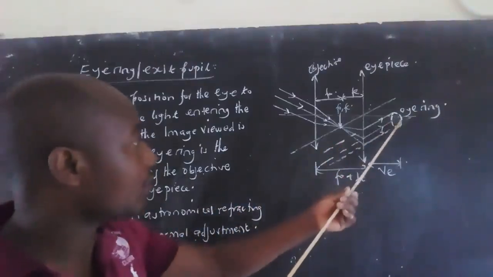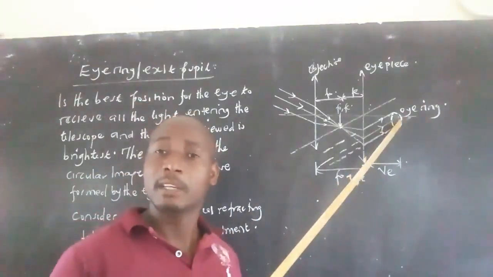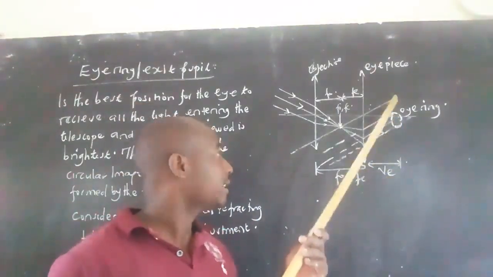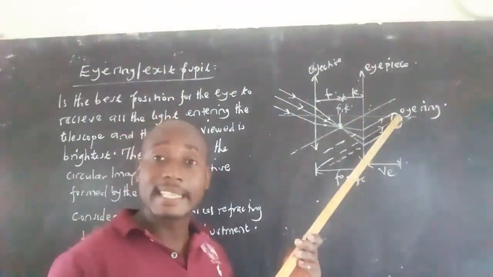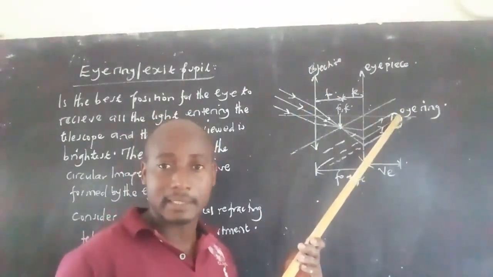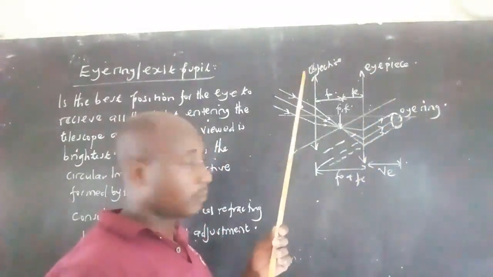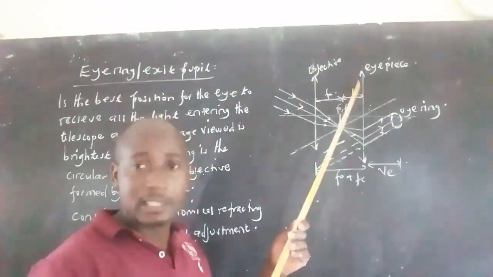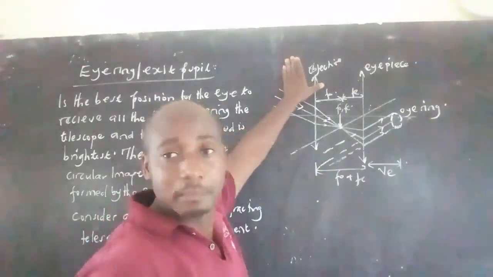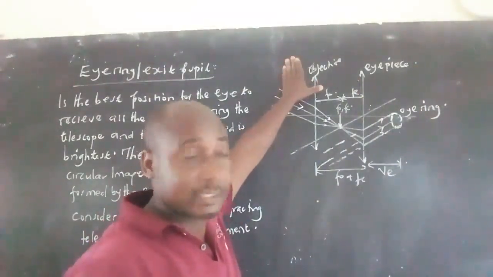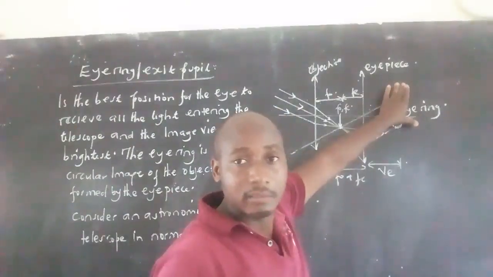So I said that at this position is where the eye should be placed in order to receive the maximum light entering this instrument. And at this position, the image which is seen there is the brightest. And also this eye ring is the image of the objective which the eyepiece forms, implying that at this time we shall assume the objective to be an object, the eyepiece to be the lens, the eye ring to be the